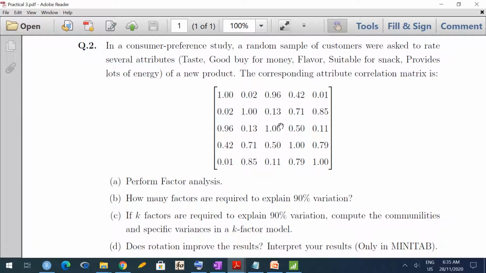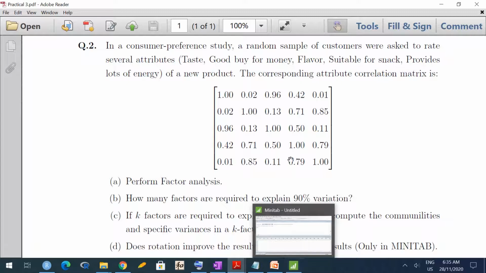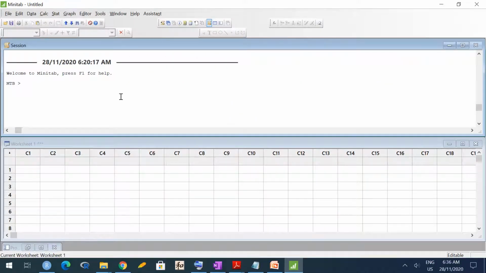You might have noticed this in PCA also. For just getting the principal components, we don't need data. We just have to have the covariance matrix or correlation matrix. When we go one step further and want score plots etc., for computing the scores, we need the actual data. So now let us try to get the factors from this data. We'll use this correlation matrix in Minitab to do factor analysis.